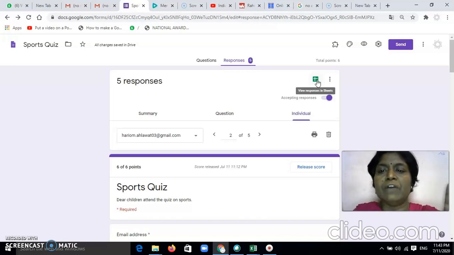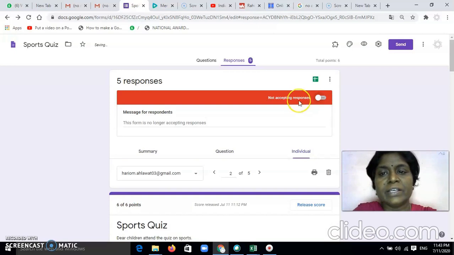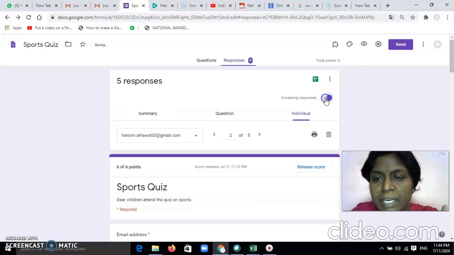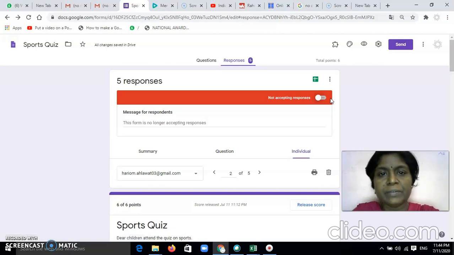So for that, we have one option in this, and the option says there is a radio button, or a tab here, accepting responses. Now it is on. If it is on, students will be able to give responses. If it is off like this, not accepting responses, it will not accept the response of anybody. So once again I repeat, suppose you want to give a test duration from 9 o'clock to 10 o'clock. After 10 o'clock, you don't want the child to answer, or his answer should not be accepted, so you just uncheck this.